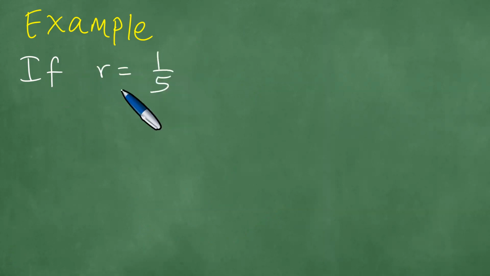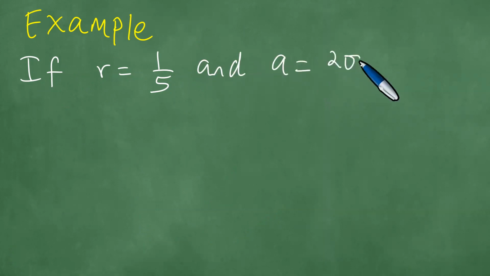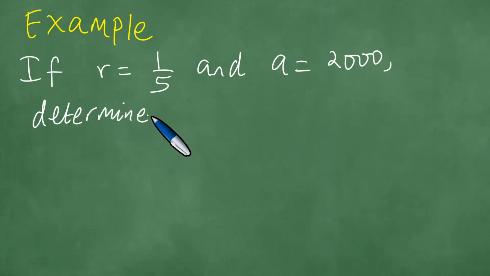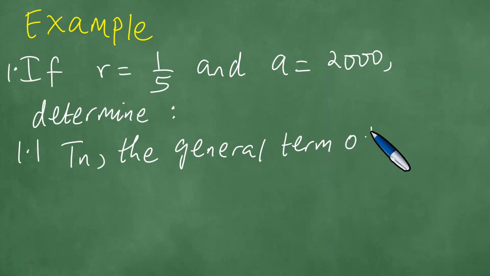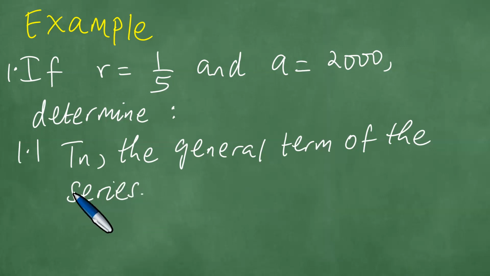If the common ratio is 1/5 and A is 2000, determine Tn, the general term of the series. 1.2, T7. 1.3,